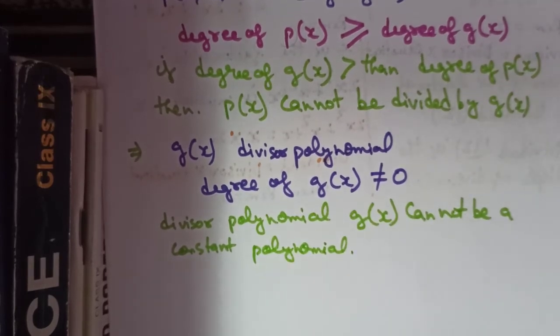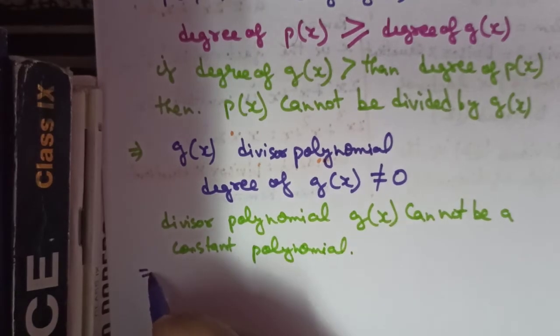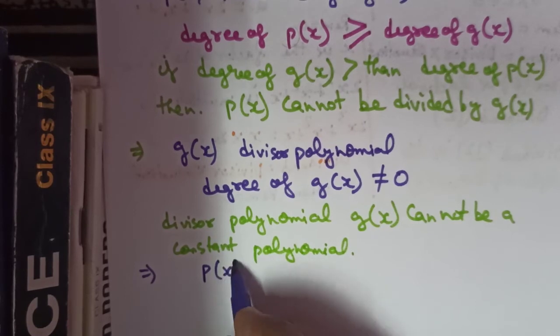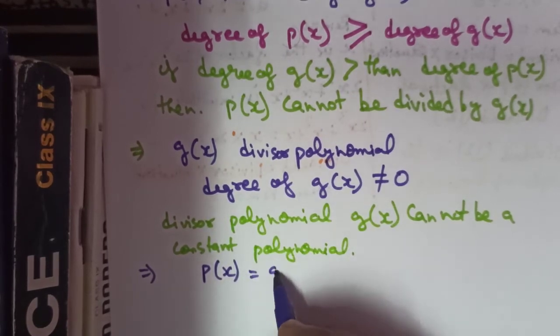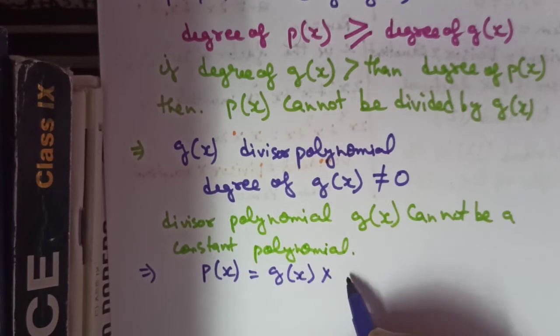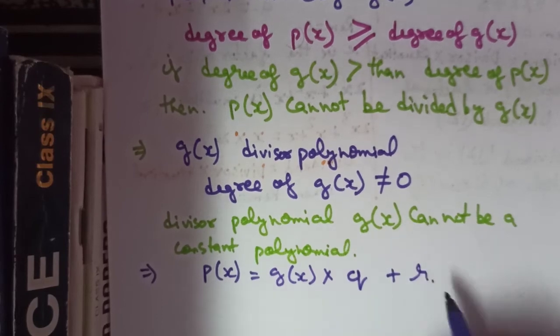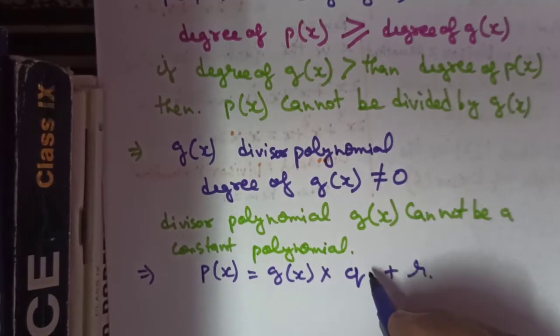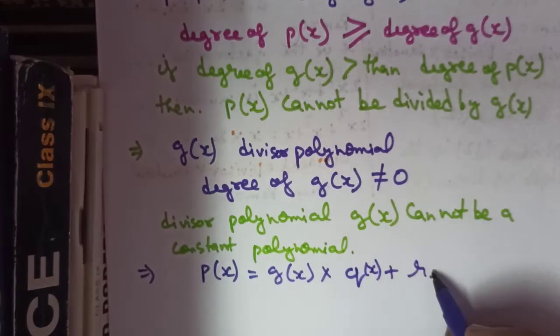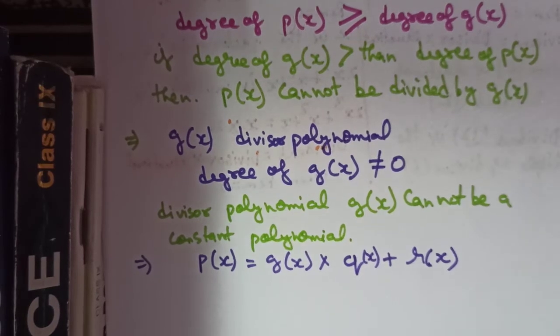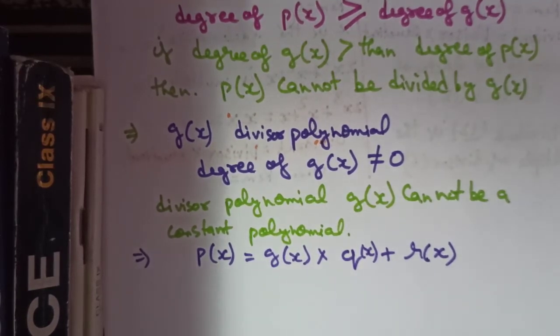Second thing is that if we talk about the division algorithm, we know that the dividend, that is px, is equal to the divisor, that is gx, multiplied by the quotient, let's say q, plus the remainder, that is r. Or we can say that let the quotient be the quotient polynomial qx and the remainder be the remainder polynomial rx, because it is also a polynomial, one constant polynomial or whatever, but it will be a polynomial. So in that case,